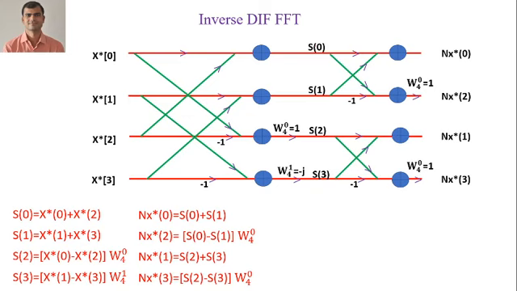So here the twiddle factor exponents are multiplied after the addition. As you can see, after addition we have to multiply the twiddle factor exponent. So the value of S0, here I have taken S0 after the twiddle factor multiplication. So S0 is the addition of x conjugate of 0 with x conjugate of 2. S1 is the addition of x conjugate of 1 plus x conjugate of 3.